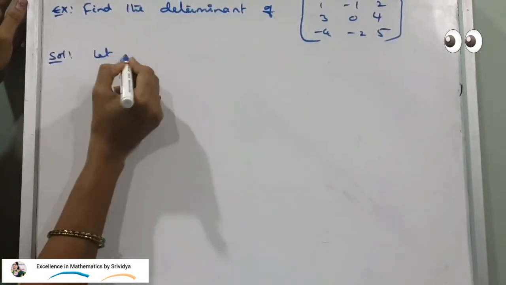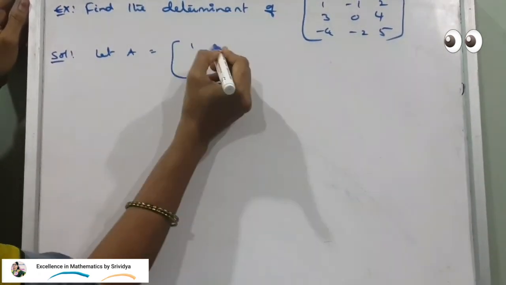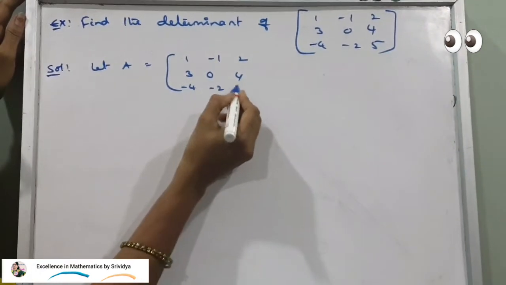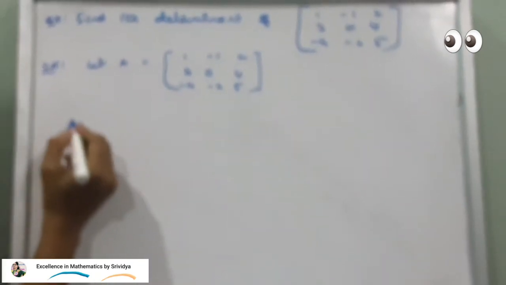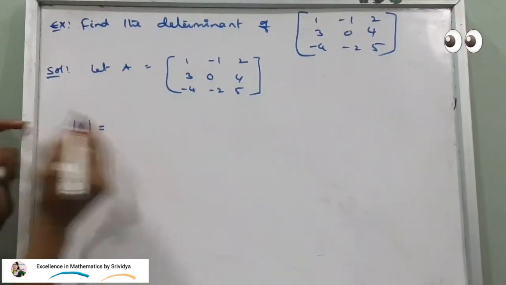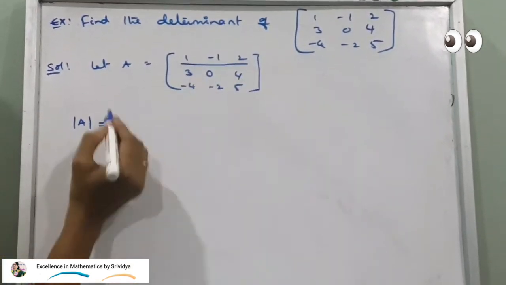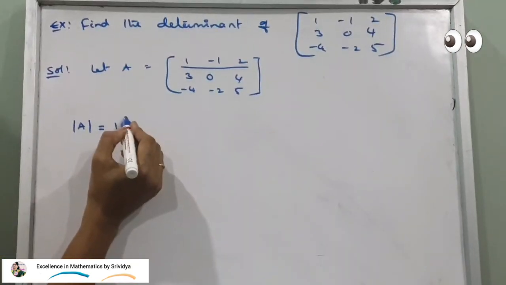So the solution is: let A be the given matrix. Now the determinant of A, denoted by det A, is equal to, taking only the first row here, 1 into